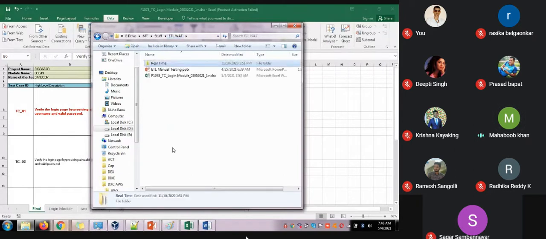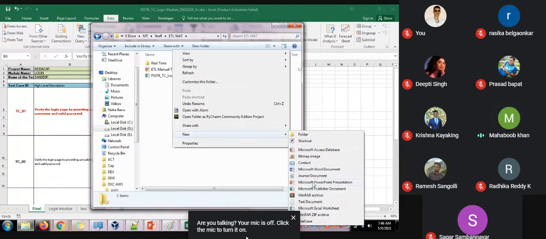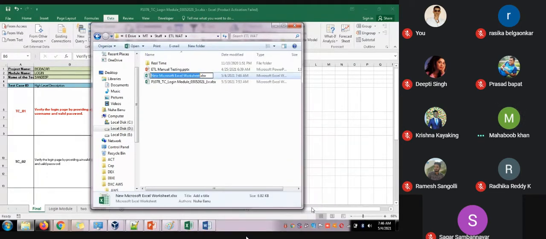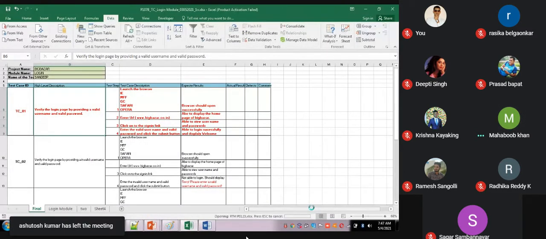If you want to prepare the RTM, as usual you will create one Excel sheet. RTM for the project, say P0123, whatever the project name is. You are going to add this.